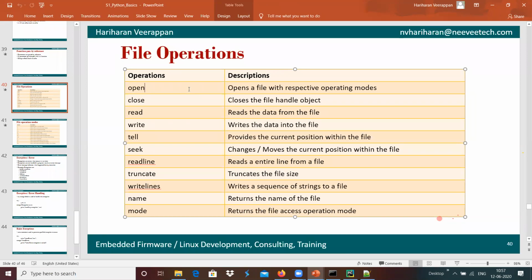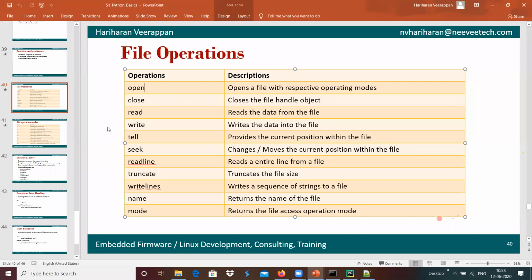Readline reads each and every line from the file. Truncate truncates the file size accordingly, and writelines writes a sequence of lines to the file. We have name, which returns the name of the file, and mode, which provides the file access mode.